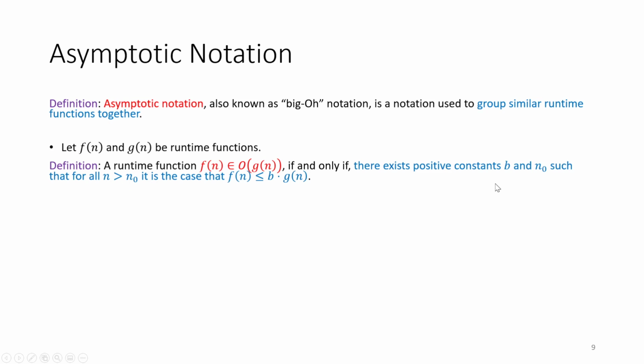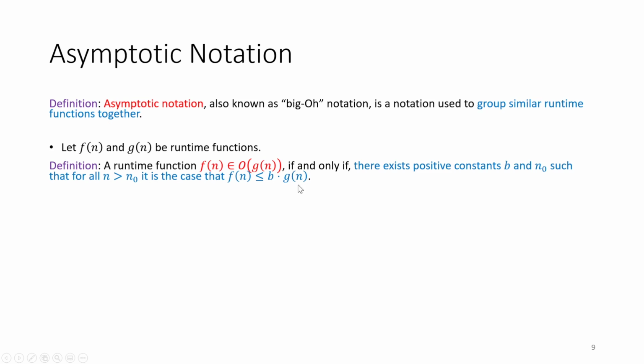Okay, interesting. So let's back up for a second again. Here we have a there exists something. Next we have a for all something. So it looks like we have an exists quantifier and a for all quantifier. This one's saying something about what values of n we are concerned with. And then finally we have, it is the case that. Then we finally have just a mathematical statement, and this is sort of what our rule of thumb can be, or what we can take away on our scratch notes, which is f of n is less than or equal